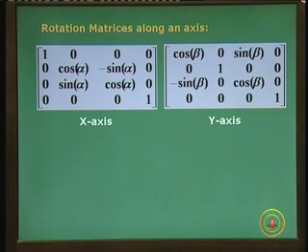Rotation about the y axis, you can also visualize in a similar manner that whatever axis you are rotating about, the coordinate of that axis will never change. Okay, you are basically doing a two-dimensional rotation in some sense. When you are rotating about the x axis, you are doing it around y and z, like in 2D, x and y you had done. That x and y has become y and z when you are rotating about the x axis.